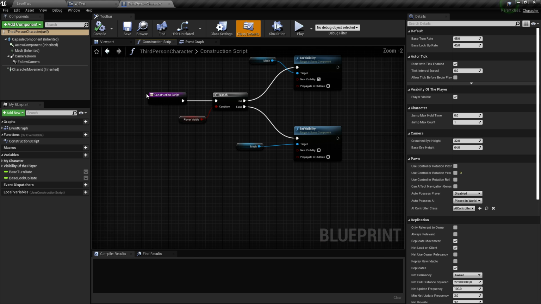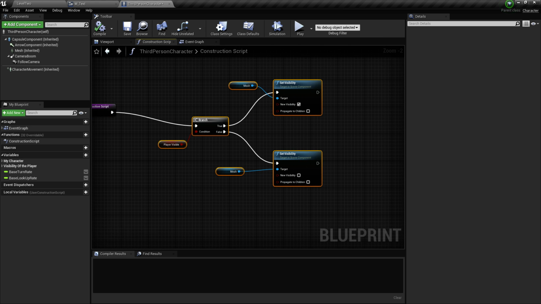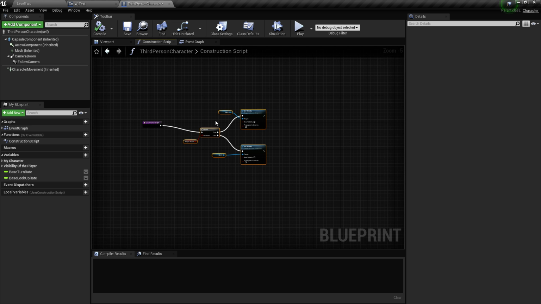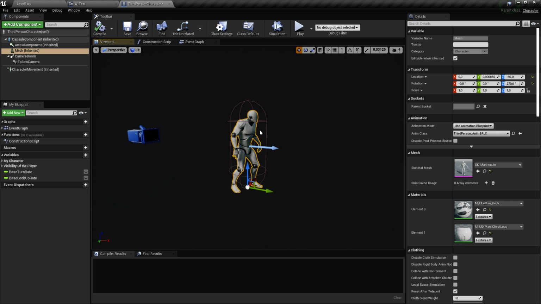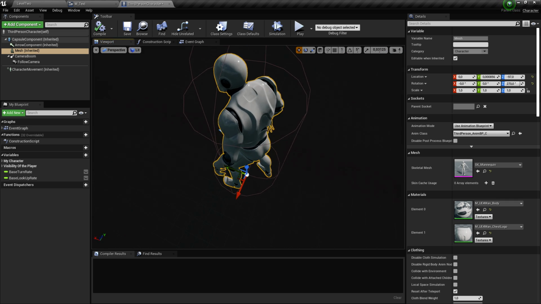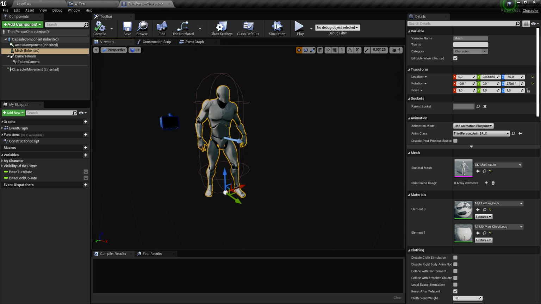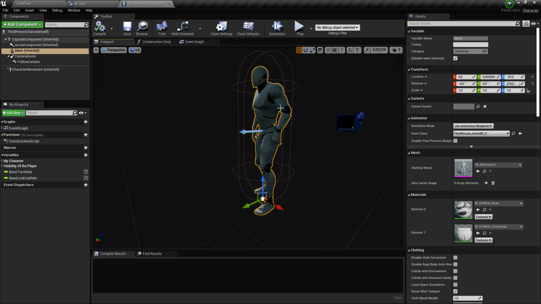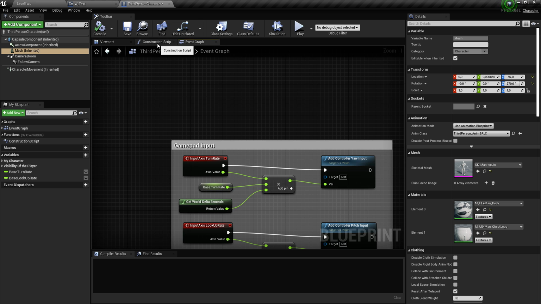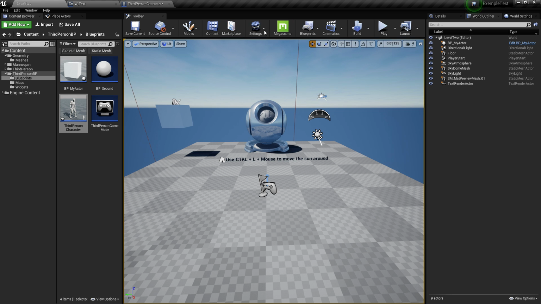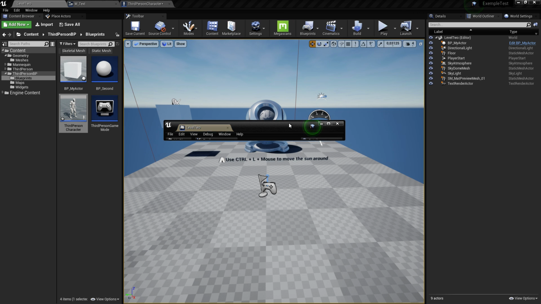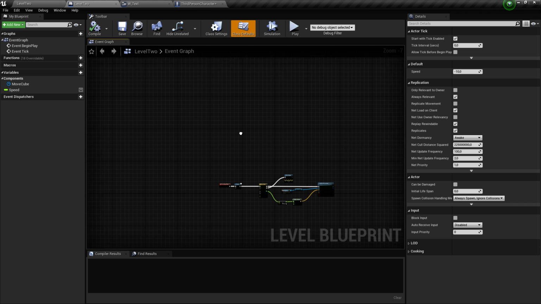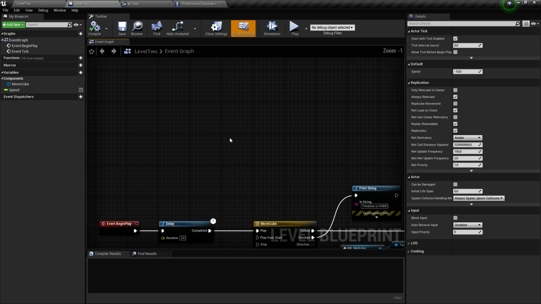I can add it in the construction script, but this is not a good practice, because the construction script is basically for when you want to interact with meshes specifically, or anything construction related, like visibility, like we did before. Or I can go inside my level blueprint and say, okay, when I start my level, I want you to display this widget.